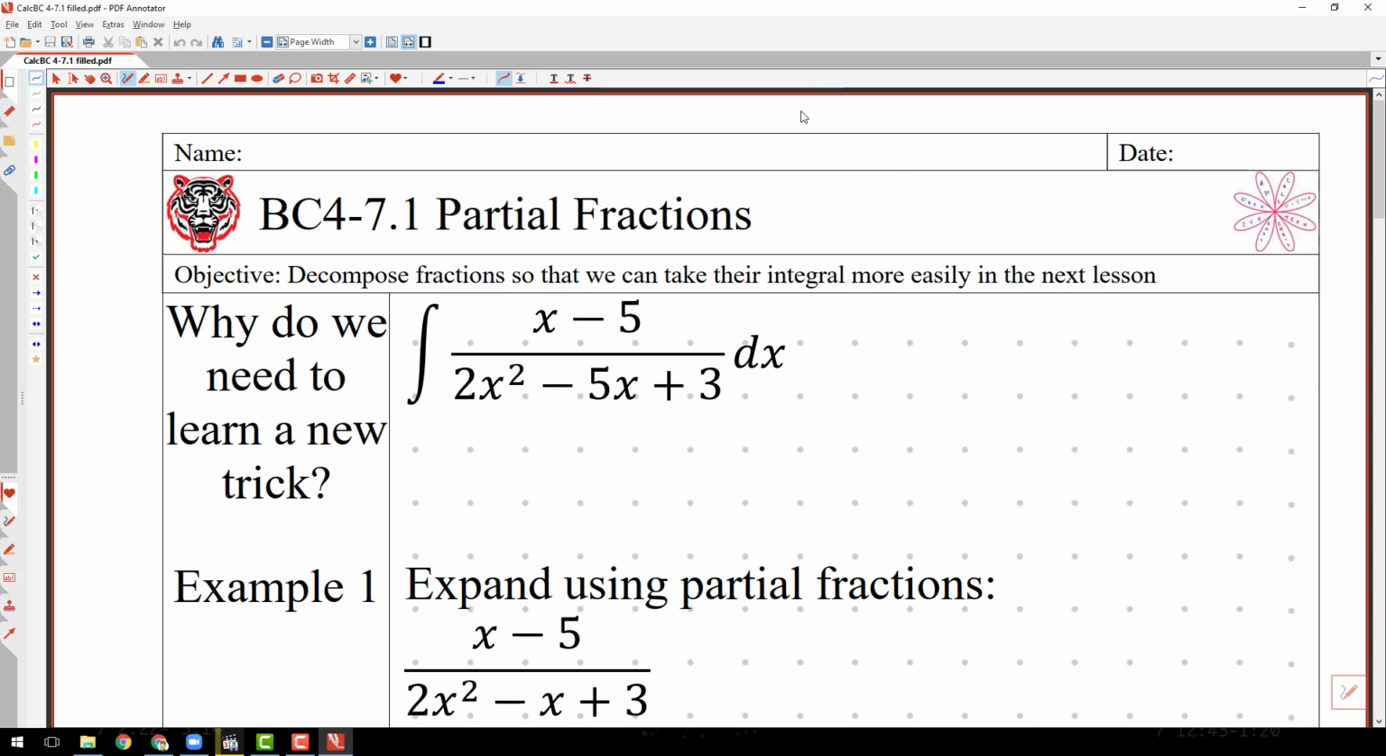This is AP Calculus BC. We're on lesson 4-7. I changed it to 4-7.1 because I realized 4-7 needs to be broken into two parts: one dealing with the algebra of the situation, and a second lesson dealing with the calculus on that algebra. So today's date is Thursday, April 16th,